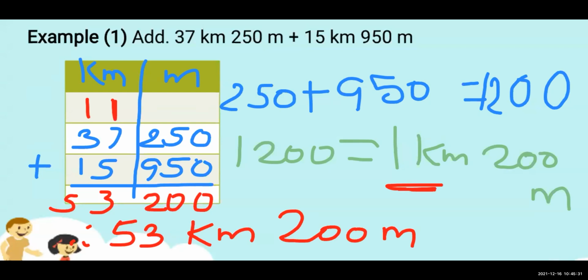Clear everyone? In this way, you are going to solve the sums. You are not going to solve directly. We will not do it the way we do direct addition. In these sums, you are going to use all the steps. Follow it. Clear? I think everyone has understood. As you do more sums, you will understand clearly regarding the sums and the steps.